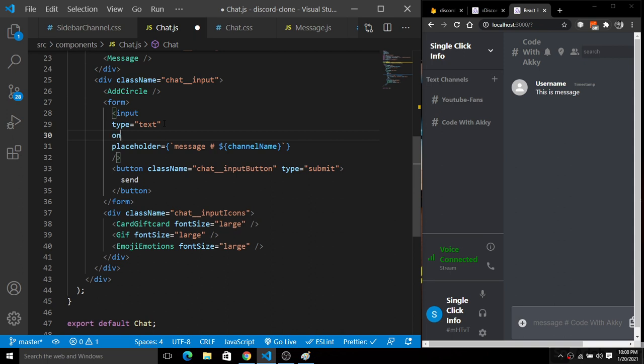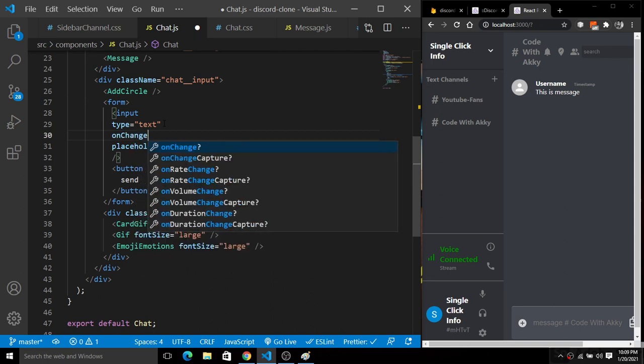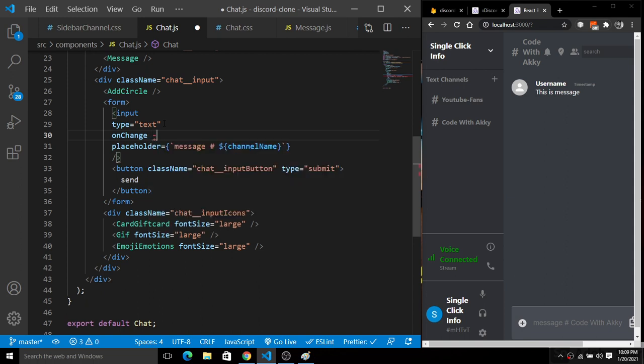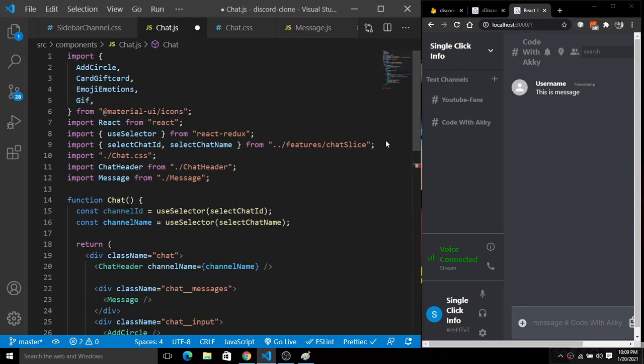So basically when there is an on change functionality, there is an event, and here I'm going to create a custom hook for the input. So let's go and create a custom hook.